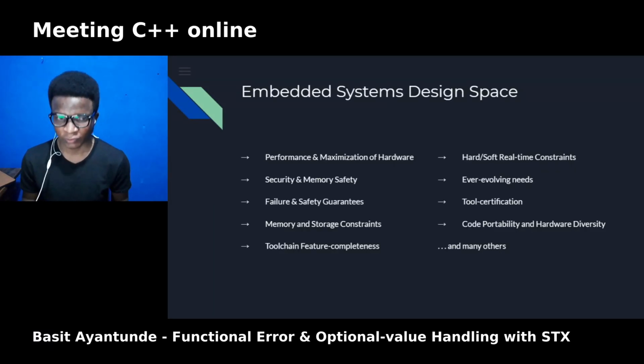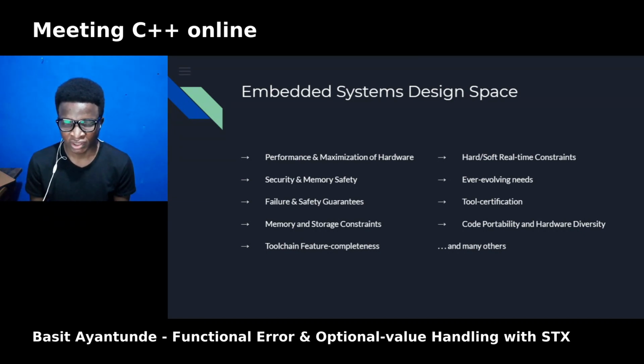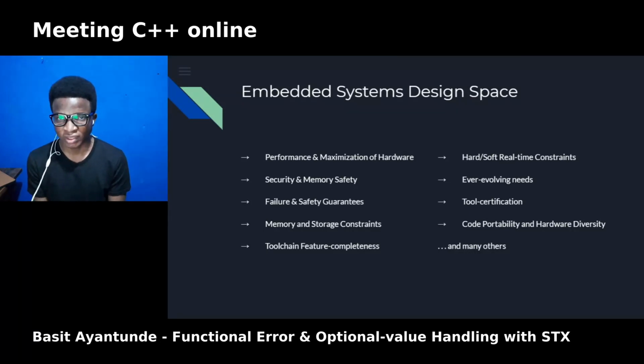So a brief overview of the embedded system space and some design considerations that we usually use for writing software. We try to maximize performance and utilization of the hardware, and we try to make the firmware as secure and memory safe as possible.